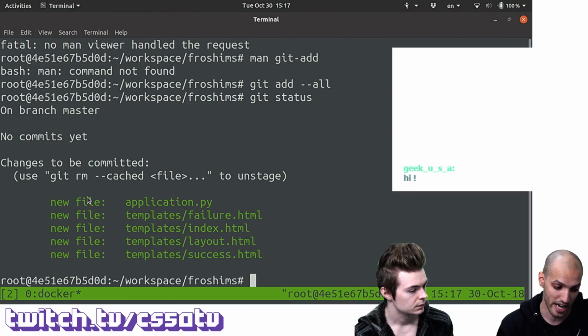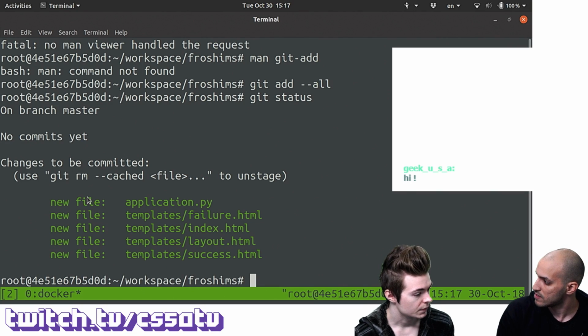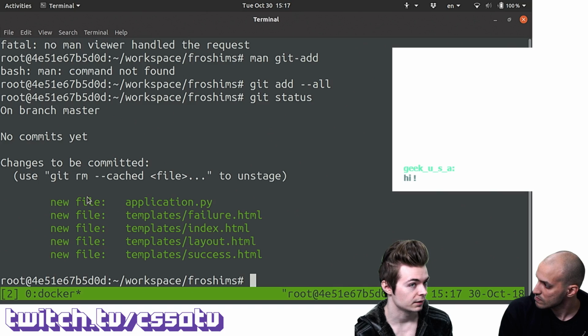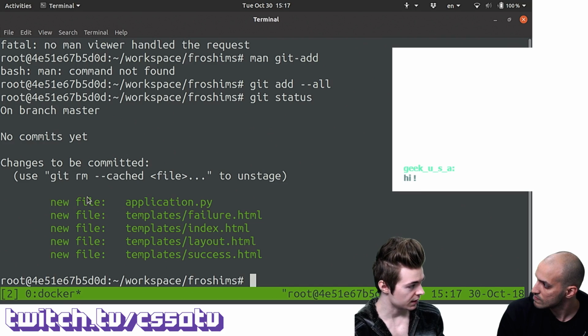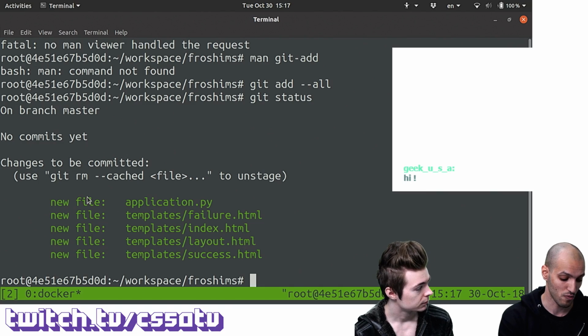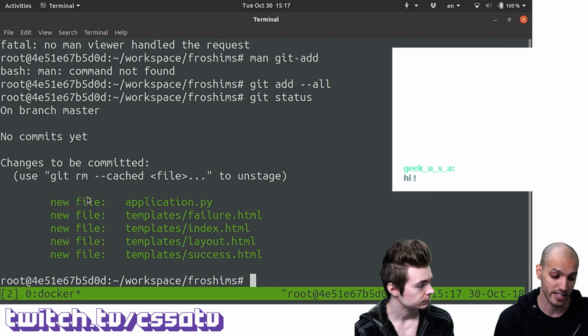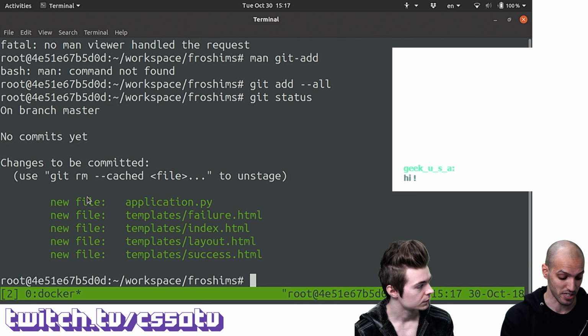In this case, we just want to add everything, so we did that. And the next thing is, do you recall what the next step is? Well, I know that when I have a file that I've just added, and I want to get it ready to push to GitHub, and I want to stage it, I usually use git commit. That's exactly right. So now I want to tell Git, hey Git, save this as a snapshot in my repository, or as a commit in my repository.